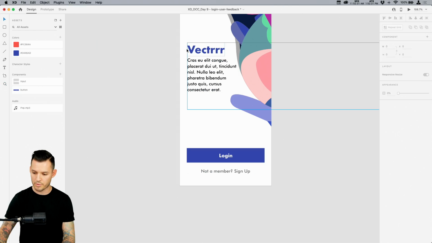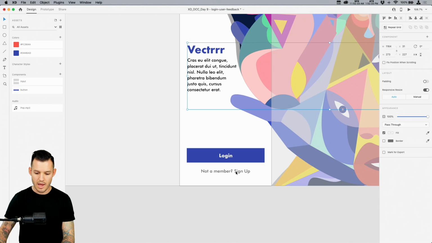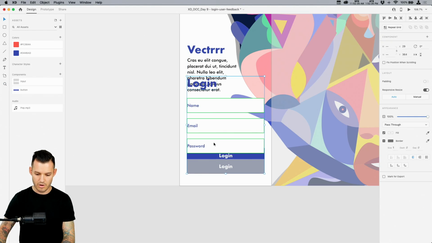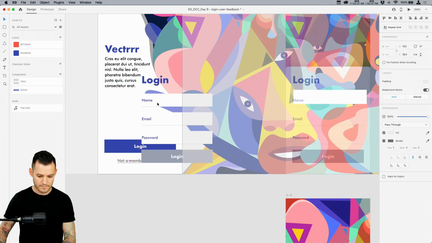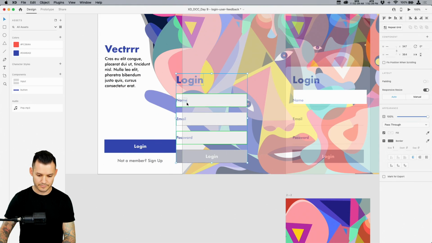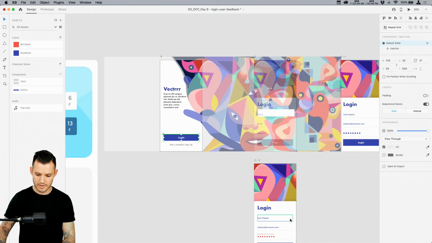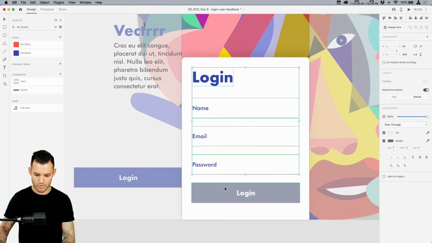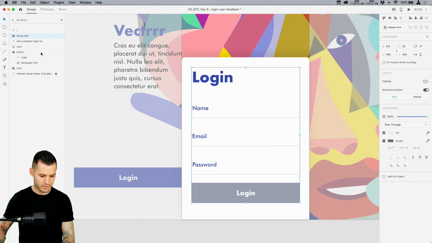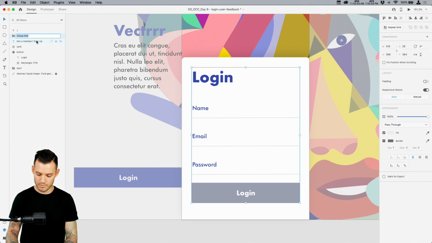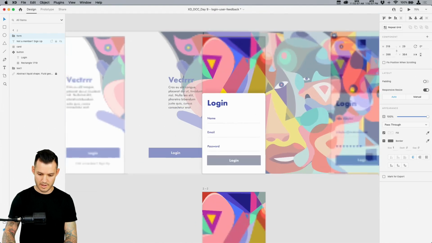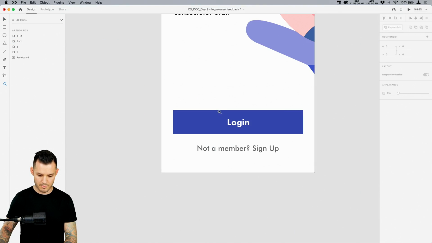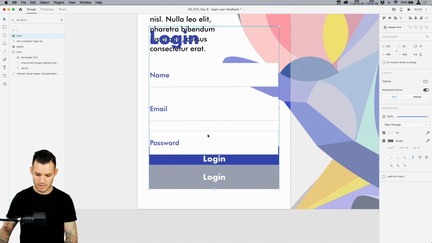Let's just do one prototyping because we're running out of time here. I want to bring those over into our first screen, but I think, you know what I'm going to do before I do that? I'm going to group all of them together over here. I think 2, 3, 4, and the button, group them together, go to my layers panel, and let's call it the form. Okay. I'm going to bring my form back over here, just like that.